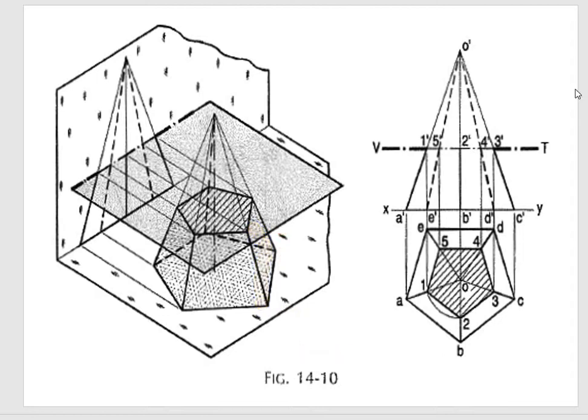So let us see how to draw. So this is the required diagram. Let us see how we have drawn this. So first of all, what you do? First of all, if you see from the top, you will get the exact figure. So first of all, draw this top view in this manner and give the names as A, B, C, D and E. After you have drawn the top view, you simply project it upwards like this.